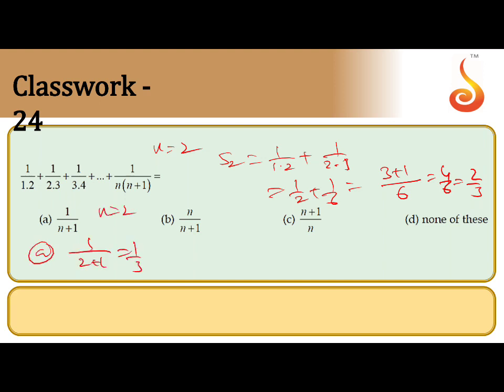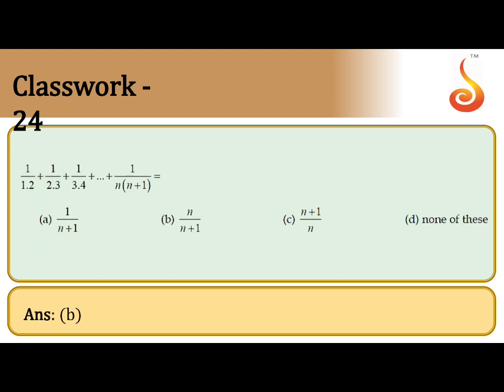That is 1 by 3. But what do you want? 2 by 3. So therefore A is wrong. B is n by n plus 1, n equal to 2, 2 by 2 plus 1. That is 2 by 3. This is matching. So check C also. N equal to 2, n plus 1 by 2, that is 3 by 2. But you want 2 by 3. Option B is correct only. That is it to solve the questions here. I hope this is clear. This is the most important model. Definitely they will ask one question from this model in the exams.